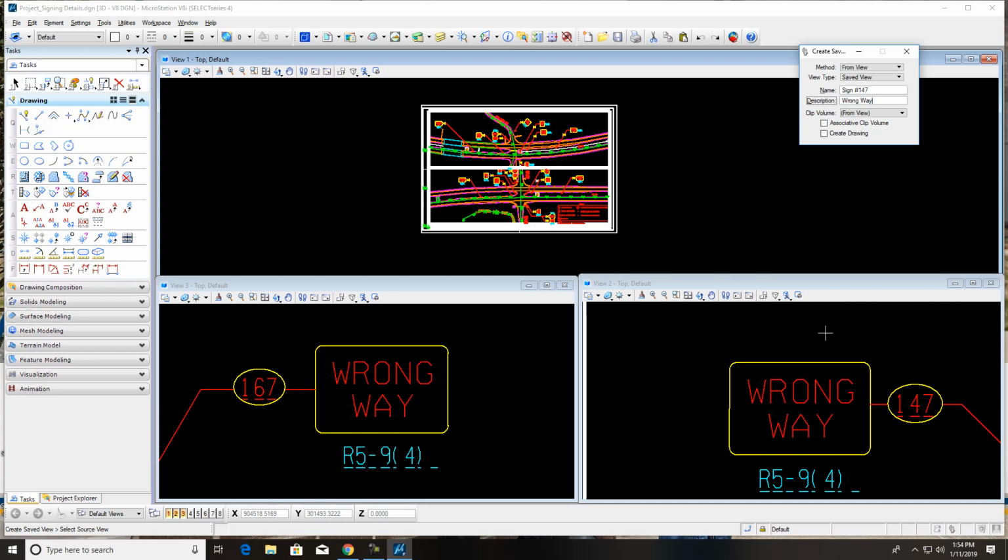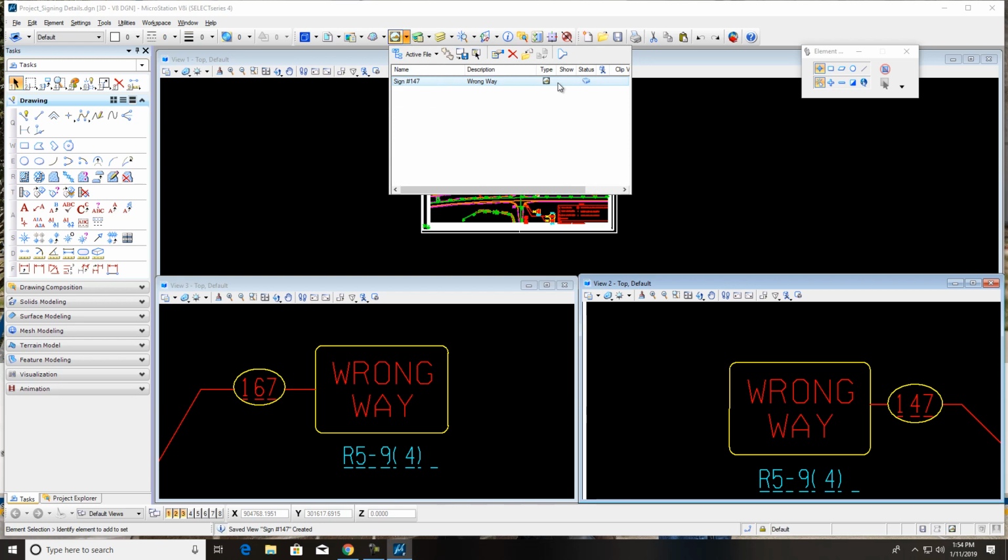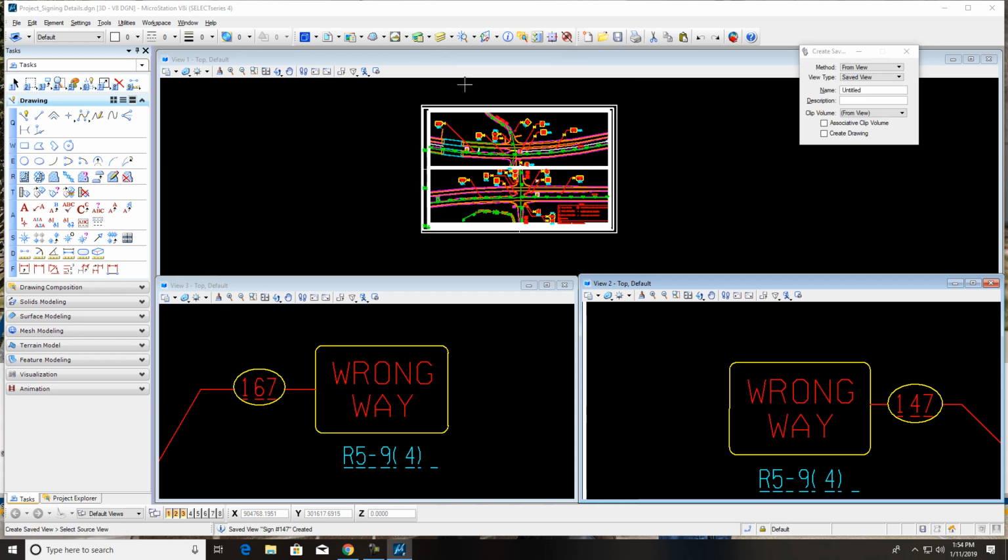Alright, all I have to do now is just click on it and it saved that view for me. Okay, now I want to do that. I'll do this one and I'll do this one too, and come back up here. See how now it's on there? Okay, so I'll do another one. Click on this, and this one's going to be